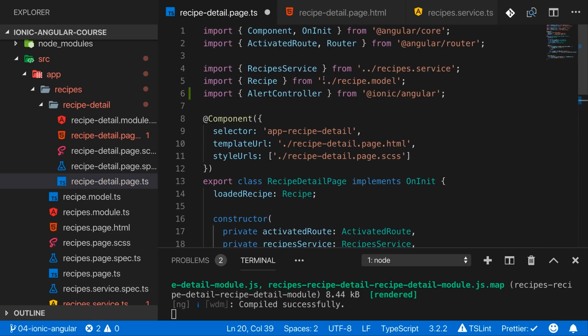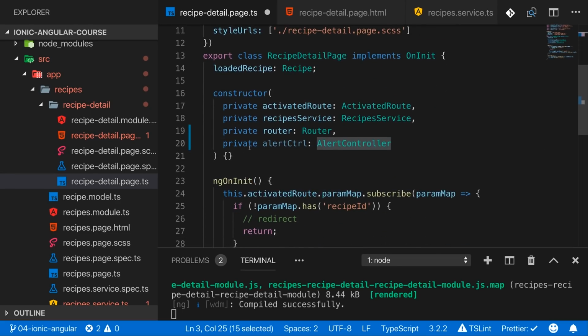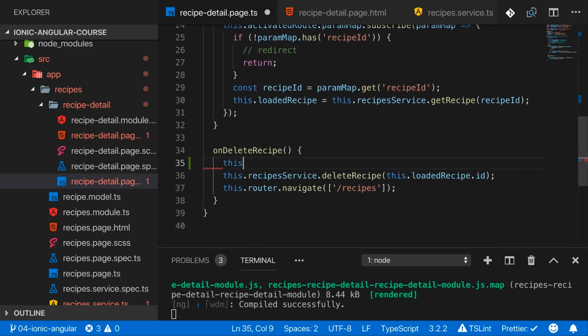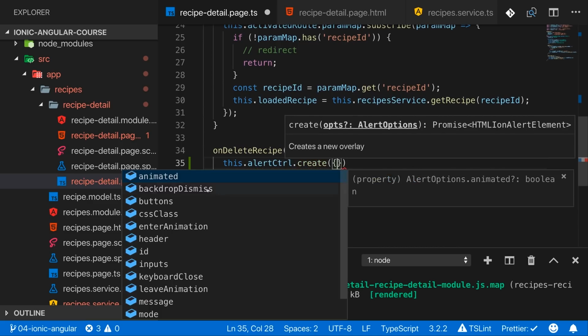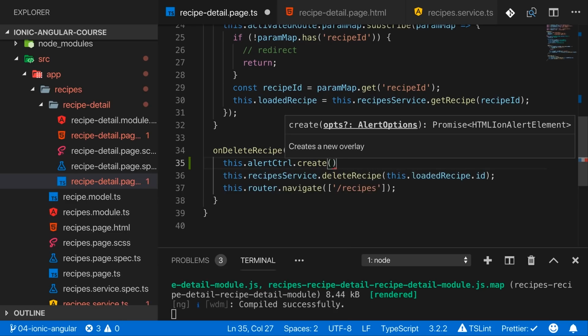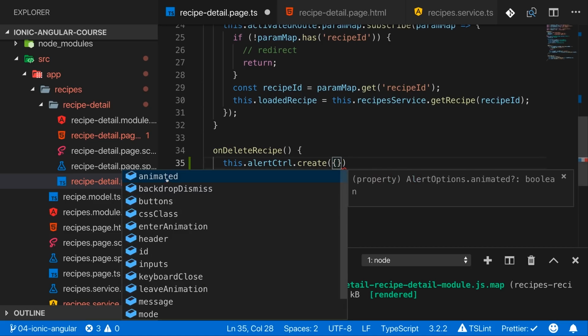Now, alert controller, and that's important, needs to be imported from @ionic/angular, because this wrapper package gives you this convenience access to the alert controller. And it does so by not giving you a default component you have to add to your templates and then access manually, but by giving you a service in the end that gives you all the features of the alert controller. So now we can use this alert controller service down there to create a new alert. And here, thanks to TypeScript, we even get auto completion, and we can see what we can set here by hitting Control space. So we pass our object to create,